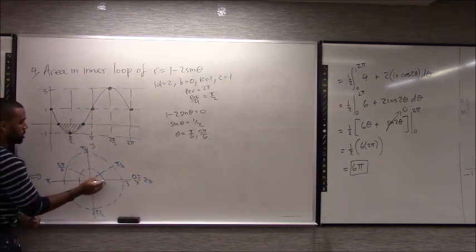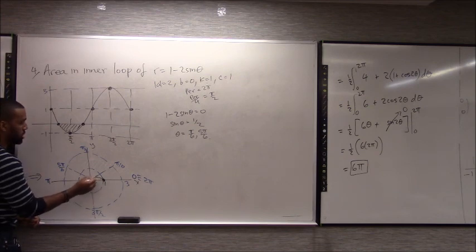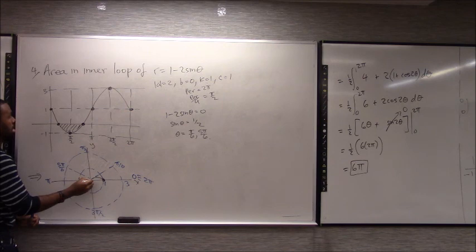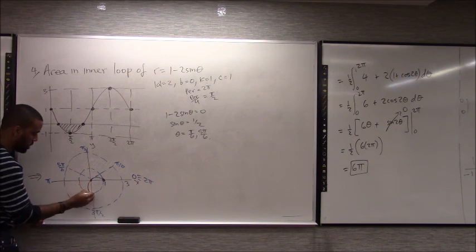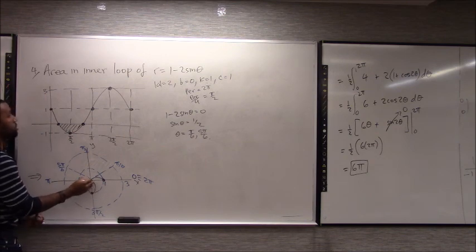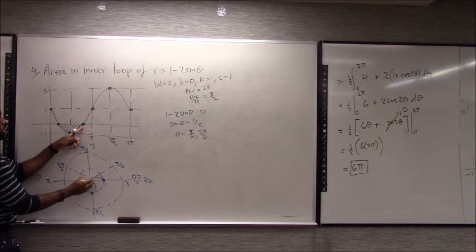So at 0 we start on the circle of radius 1, we hit 0 at pi over 6. At pi over 2 we're negative 1, which means we go in the opposite direction of pi over 2, so we go down here, we come back to 0 at 5 pi over 6,